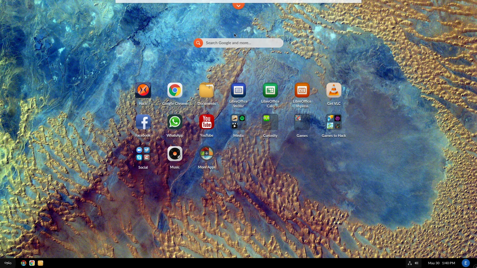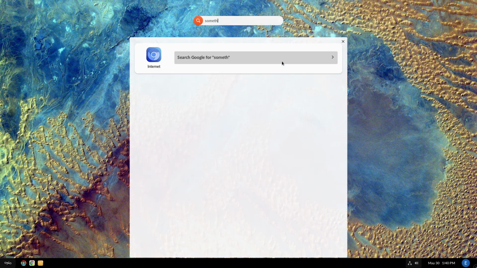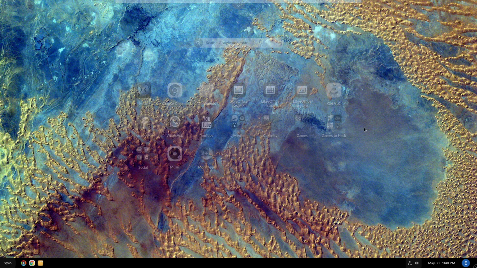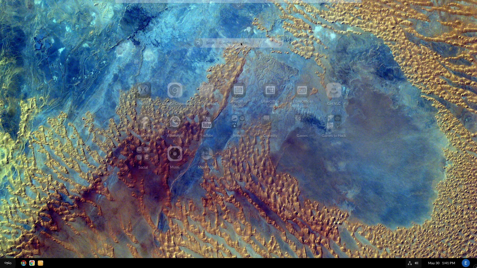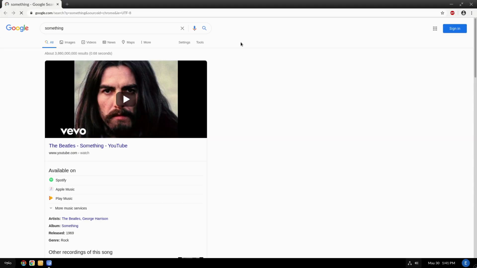You can see right here, search Google and more. Let's go ahead and search for something on Google. What it's doing is it's going to search your default internet app, which actually is set to Chromium, not Chrome for some reason. But on the first run of Chrome, it went ahead and installed AdBlock Plus, which is right now known to be basically spyware. So it's adding effectively spyware to your computer without asking.